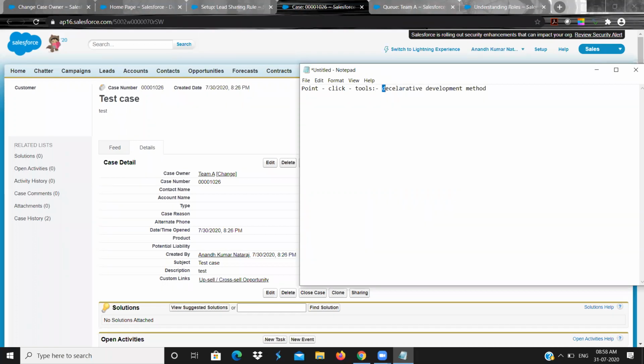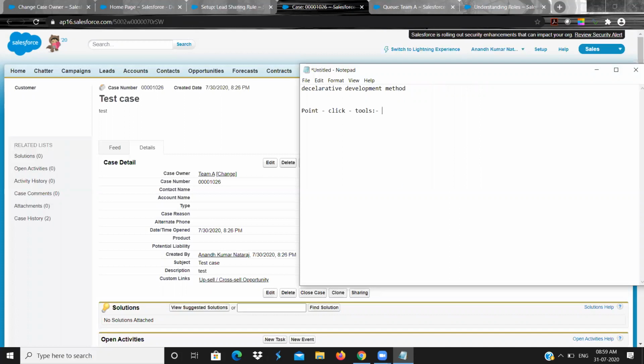Declarative development means I want to develop something, I want to achieve some logic, but without touching any code. That is called declarative development, and Salesforce provides many point and click tools. These point and click tools are used to achieve our logic without touching the code.